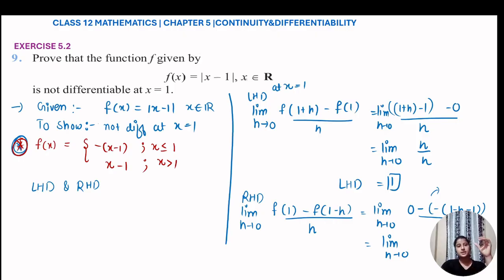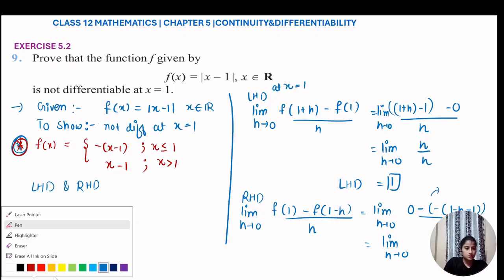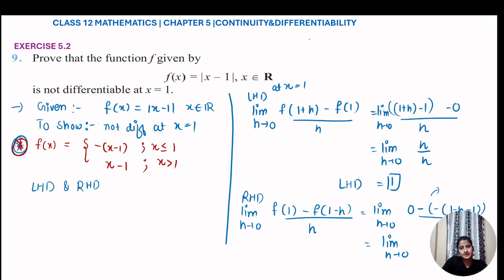Always, what I'm saying is, about the mod function, I will give you an important conclusion. Treat it as a result. The result is that when you have your function f of x of the form mod of x minus a, we have come across its continuity and differentiability both. What is the conclusion? That it is always continuous in all its domain, so therefore it is a continuous function, and it is only not differentiable